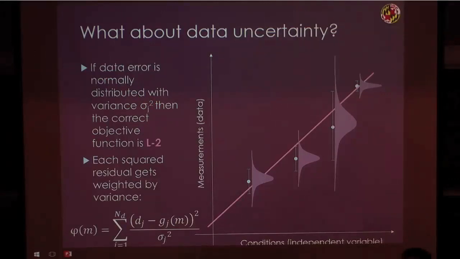When you know for sure that your error is distributed in this normal way, when it's a Gaussian distribution like this, then the correct objective function to use is the L2 misfit function. That is the optimal misfit function when the errors are normally distributed. So what you should do is use this one here, and then we have to scale all the residuals by the variance. And this gets to Lee's question. Now when they're scaled to the variance,